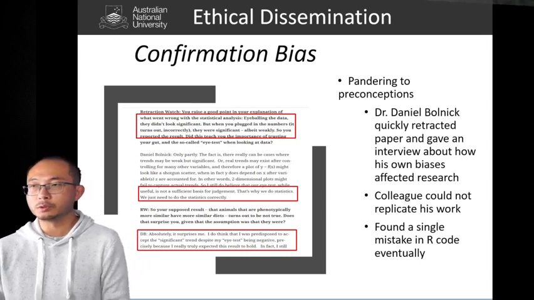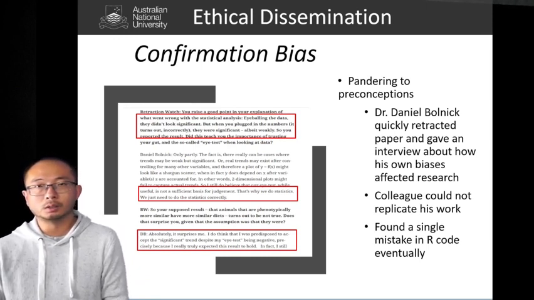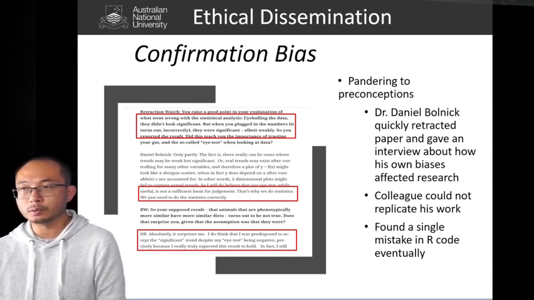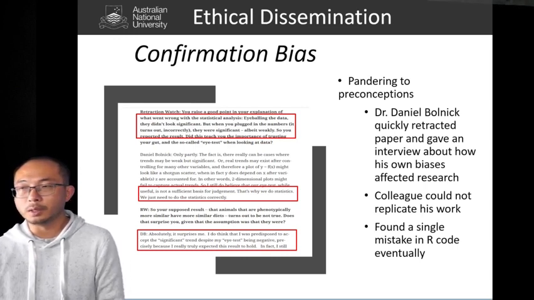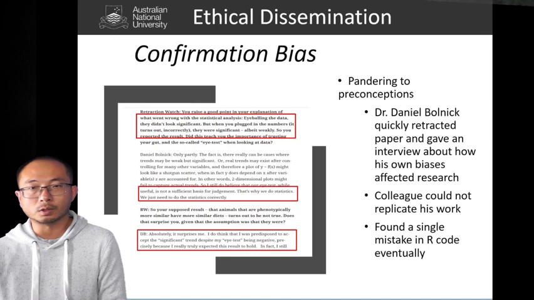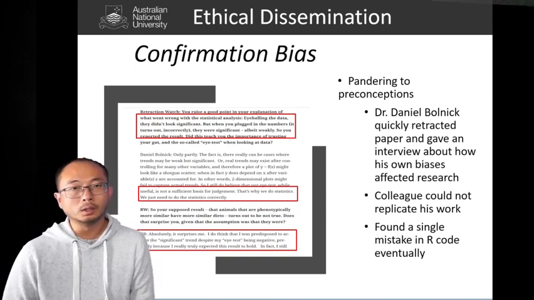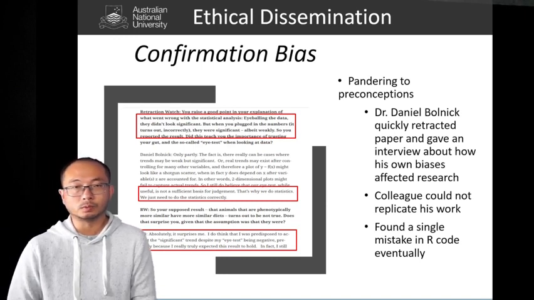And this happened to Daniel Wolnick. He's also a Nobel laureate, I think. And he quickly retracted this paper once this error was found, when his colleague could not replicate his work, and this was how it was found. His colleague could not replicate his work. He found a single R code mistake,